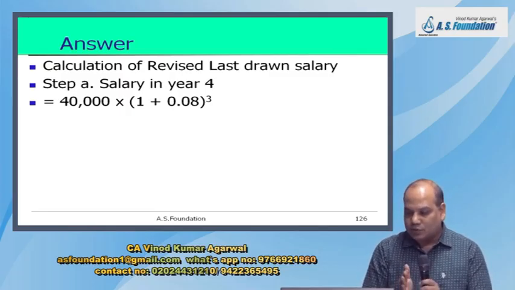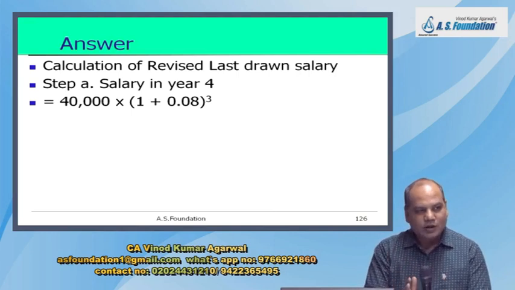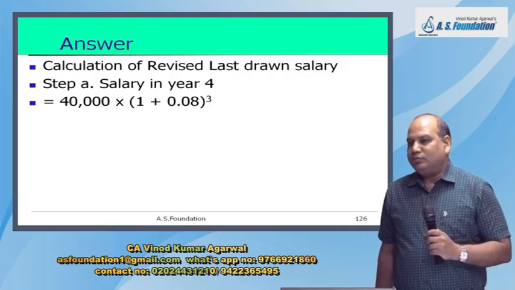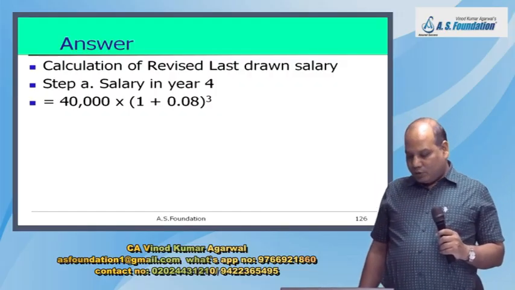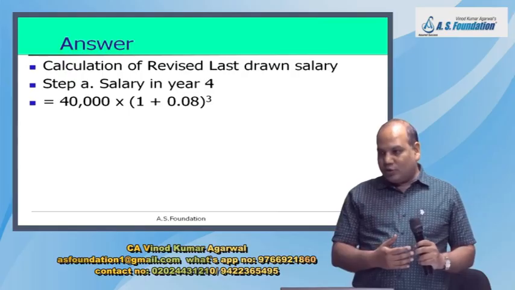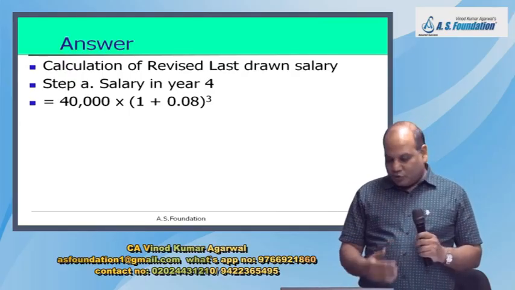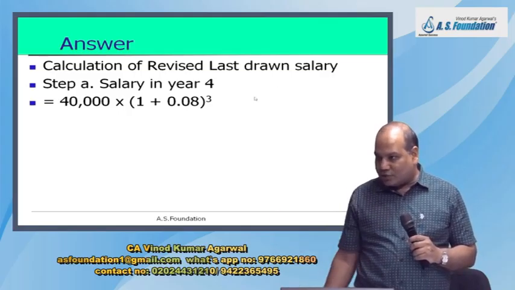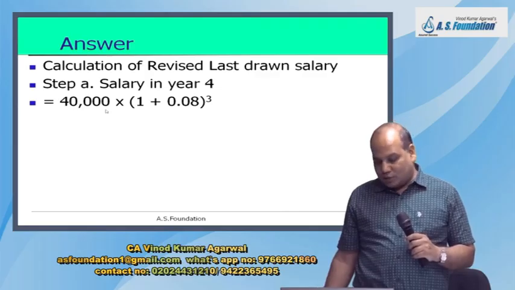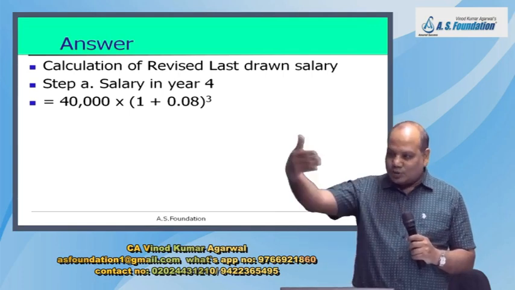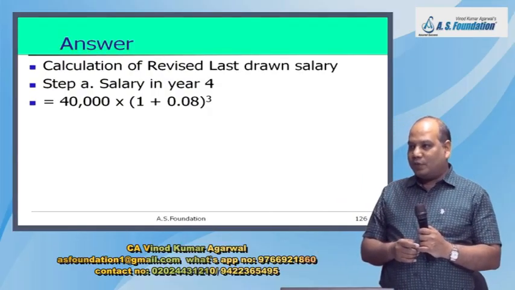So first I will have to reach what is the salary in the fourth year. So salary in the fourth year will be 40,000 was the salary in the beginning, and the moment you reach the beginning of the fourth year, your salary gets revised. Your salary gets revised on the first day of the year. So in the fourth year, your salary will be 40,000 into 1.08 to the power 3, because it will get revised immediately at the beginning. Growth rate impact will take place for the fifth and the sixth year.